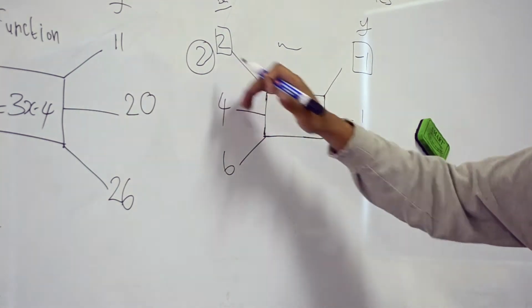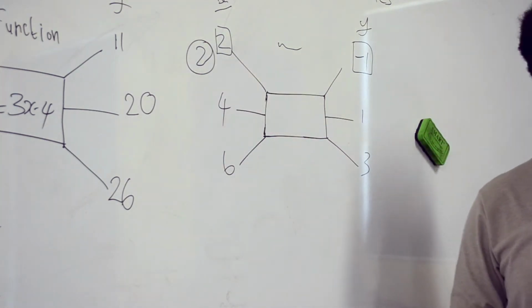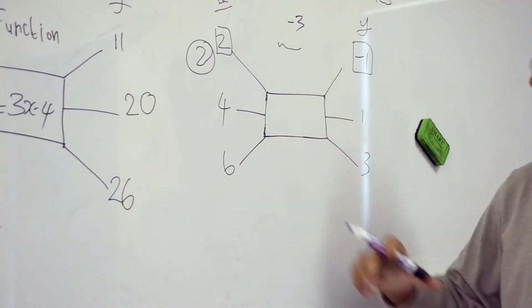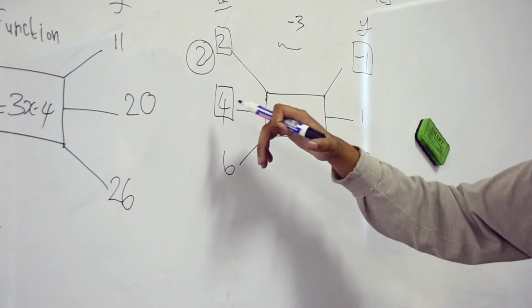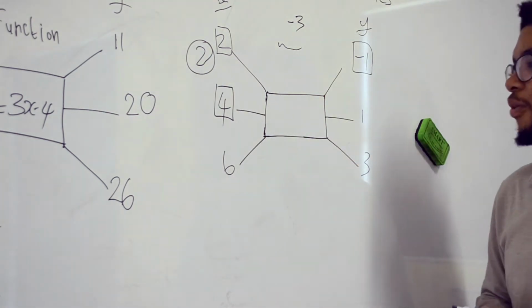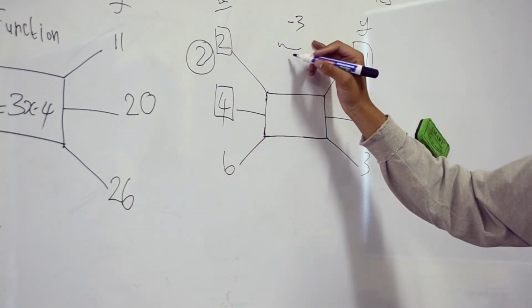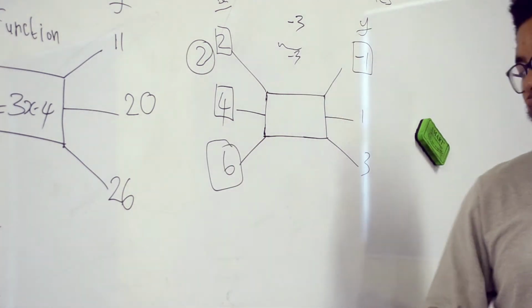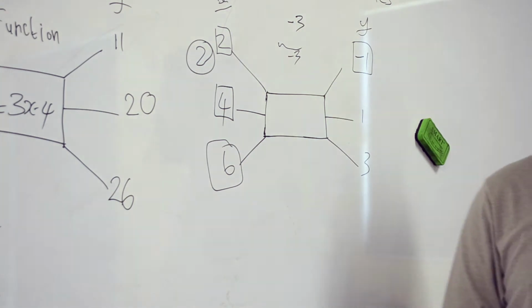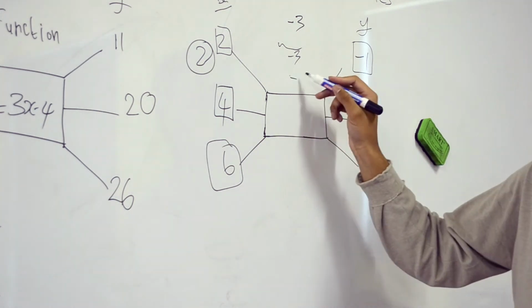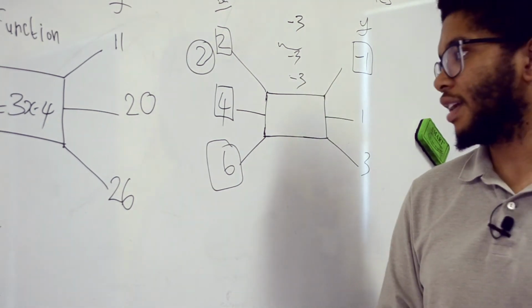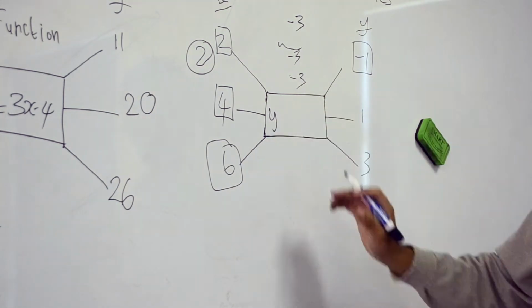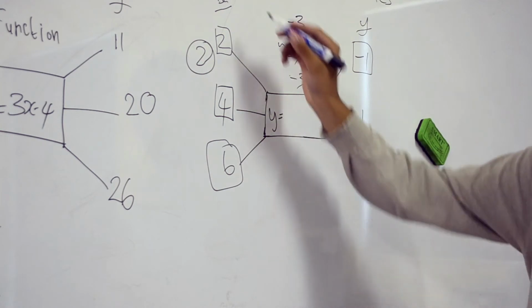So to go from 2 to minus 1, we see that there is a difference of negative 3. Okay, then we look at our second one, 4, and our output being y. There's once again a difference of negative 3. Then our last one over here, if we're looking at 6 and 3, once again we see there's a difference of negative 3. So for our function, we're going to say y, which is our answer, is equal to x,